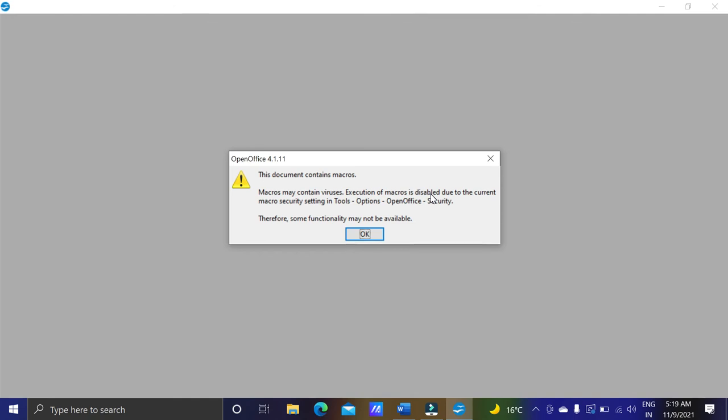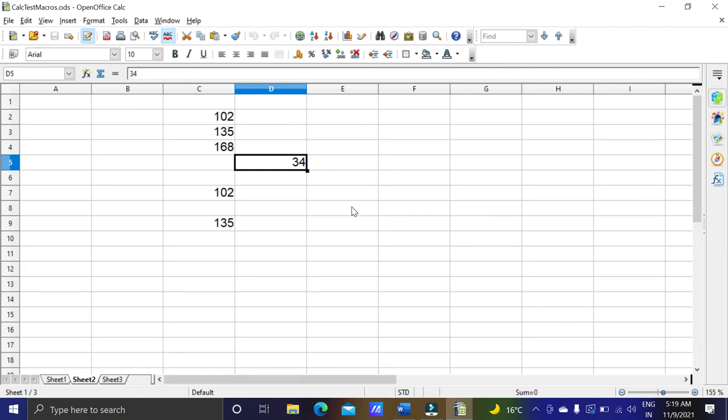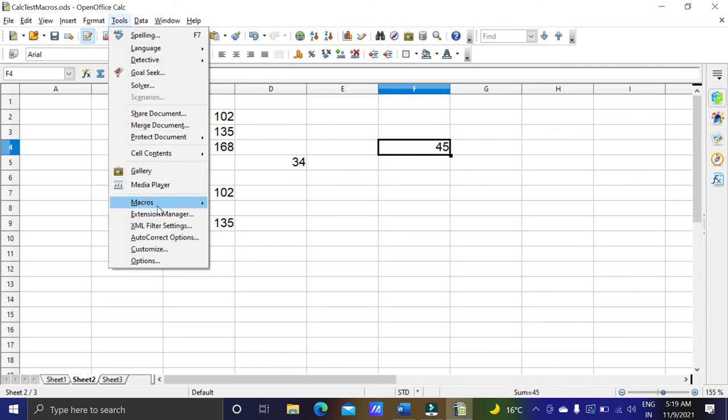Because you have put the restriction and disabled the macros, it is not going to work. So I will click on OK. Now macros are not going to work. Suppose I write number 6. Most probably number 6 will not work. This macro is not working because it was in the standard module, but this macro is not going to work.